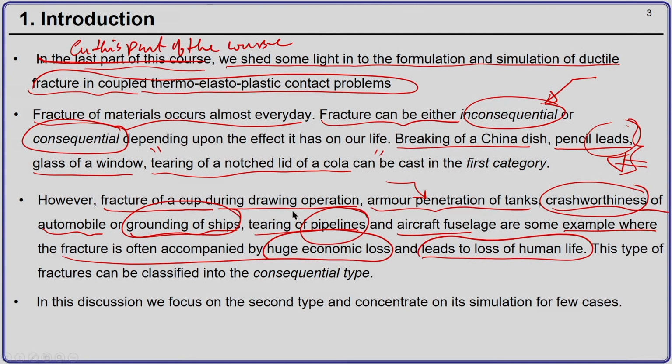Okay. And then the petroleum pipelines, the tearing of pipelines, are used all over the industry. They carry a lot of harmful combustible substances like gases or petroleum, and under the action of certain kinds of loading, if there is an earthquake or if there is a thermal load or something like this, and there is a tearing of these pipelines, it also leads to a lot of economic losses and sometimes huge loss of human life. Okay.